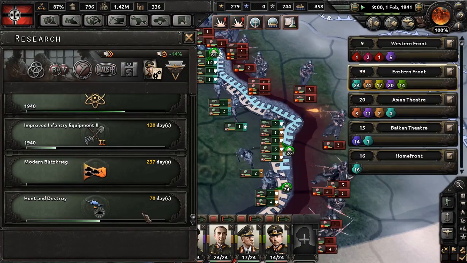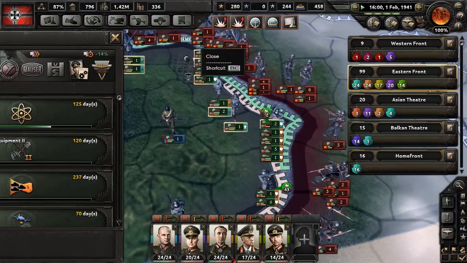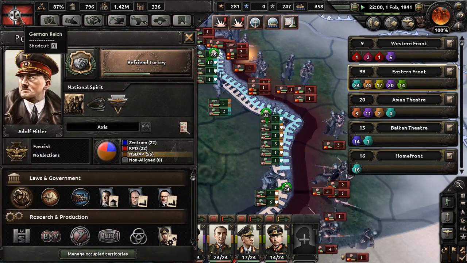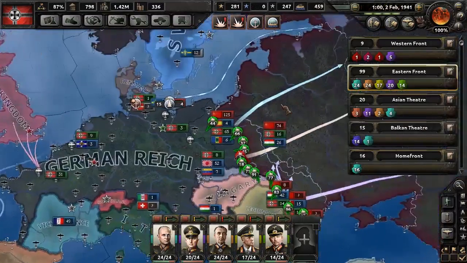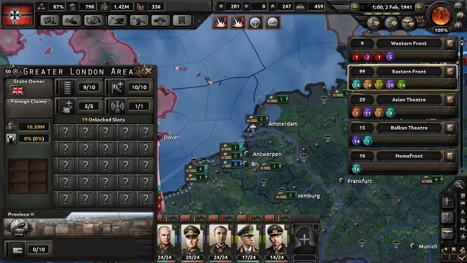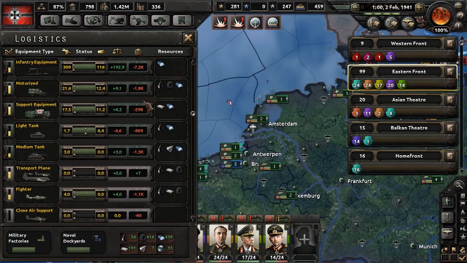Next up is coming in a while. Atomic research is getting closer, so that's good. And we definitely want to start building nukes as soon as possible, because the main way you actually win these wars is by nuking them to the point where we are able to take them over with only minor amounts of work. And that kind of fits in with my...